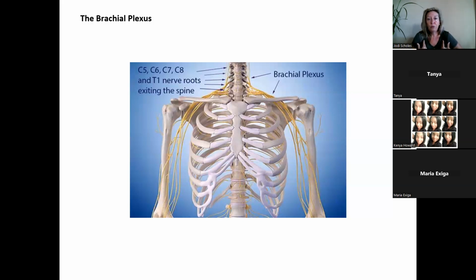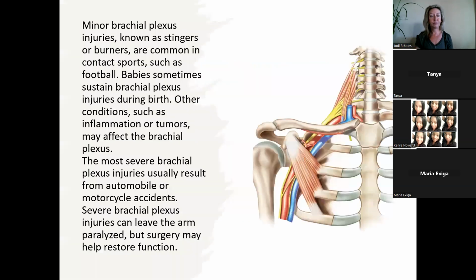That forward shoulder position can place weight, pressure on those nerve endings and start creating some numbness, tingling, or that feeling of being zapped. Here's another image of the brachial plexus. And so with minor injuries, you can feel kind of a stinger. Football, rugby, soccer. But here's another nice look at how that brachial plexus comes down under the clavicle, under pec minor,